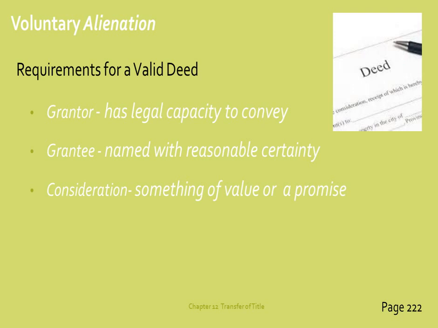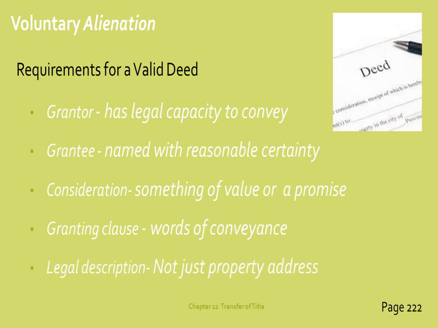So usually the seller's getting money for his conveyance. Granting clause. In our deed, we have to have words of conveyance, so we can legally grant from one party to the other. So those magic words have to be in the deed. We have to have a legal description of the property being conveyed,